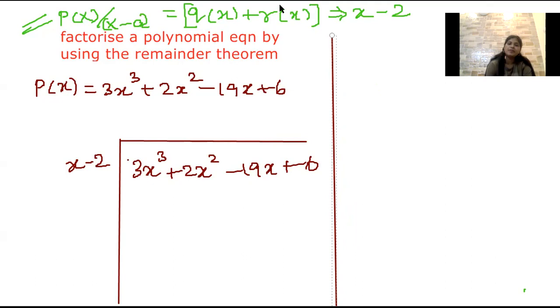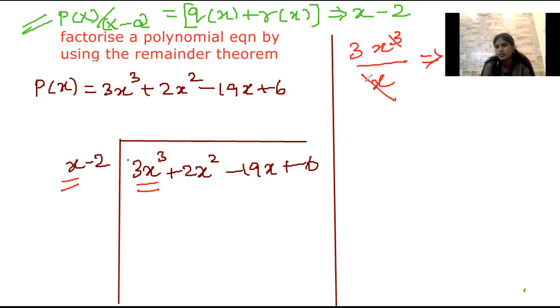All right. So the first step is you have to find the quotient. For finding the quotient, you have to divide the first term of the cubic equation by the first term of the factor. Okay. So that's going to be 3x cube upon x. Right. 3x cube is the first term of the cubic equation and x is the first term of the factor. You simplify this, this x can be cancelled out with this x cube. This will become 3 into x square. So that is going to be the quotient.